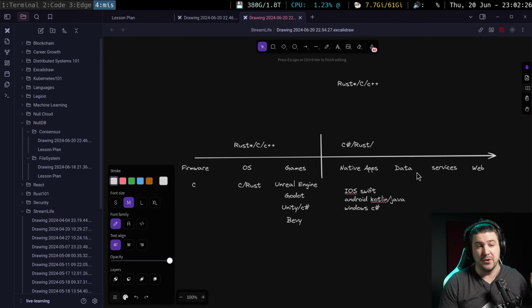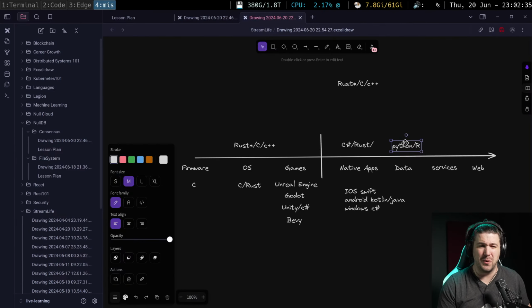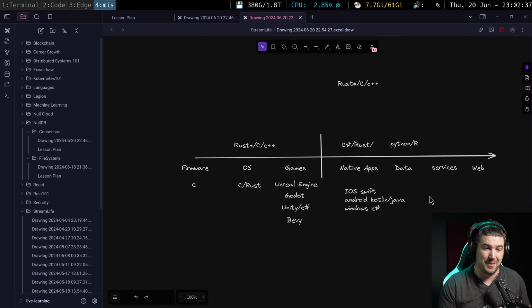So you have those. When you're talking about data, you have two big players: you have your Python and you have your R. There's MATLAB as well, but I don't know if people use MATLAB. MATLAB's like the academic one and is very expensive. And services is